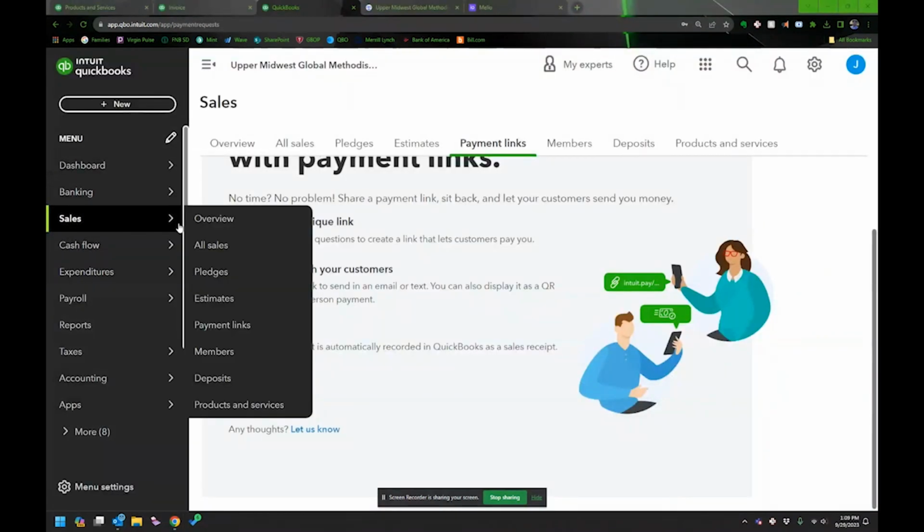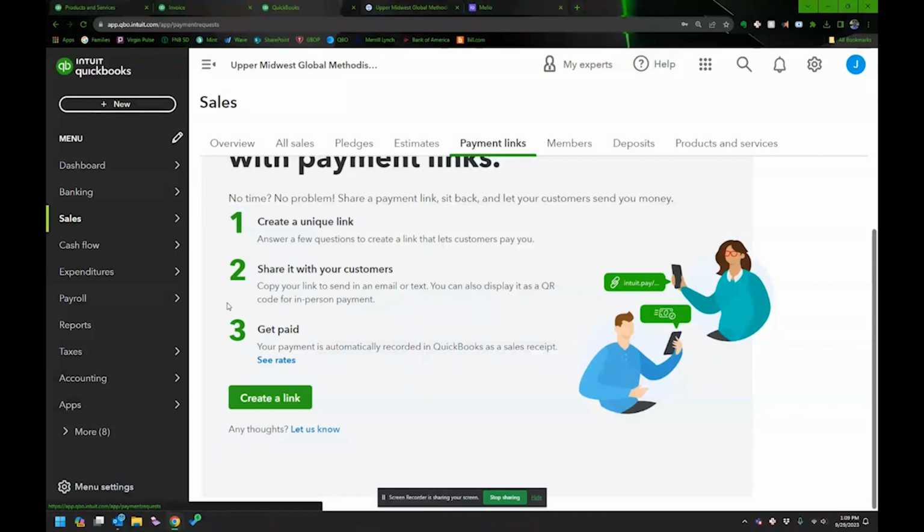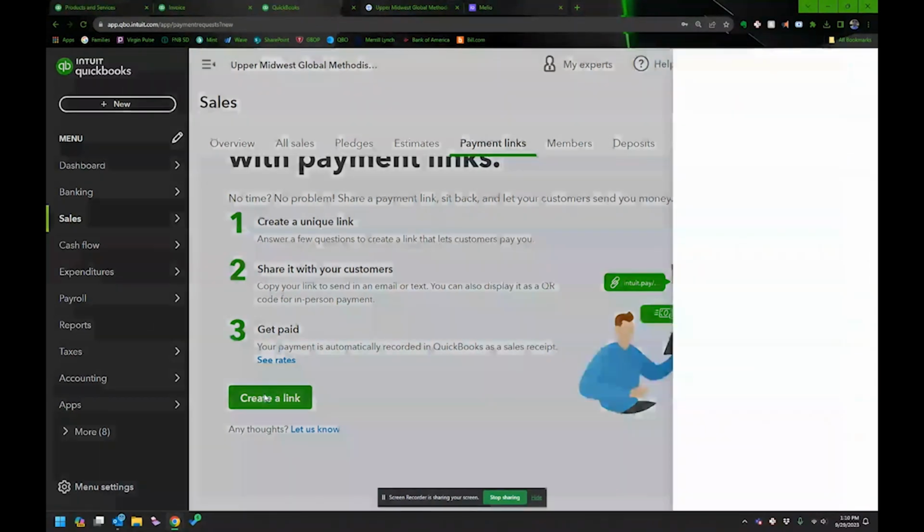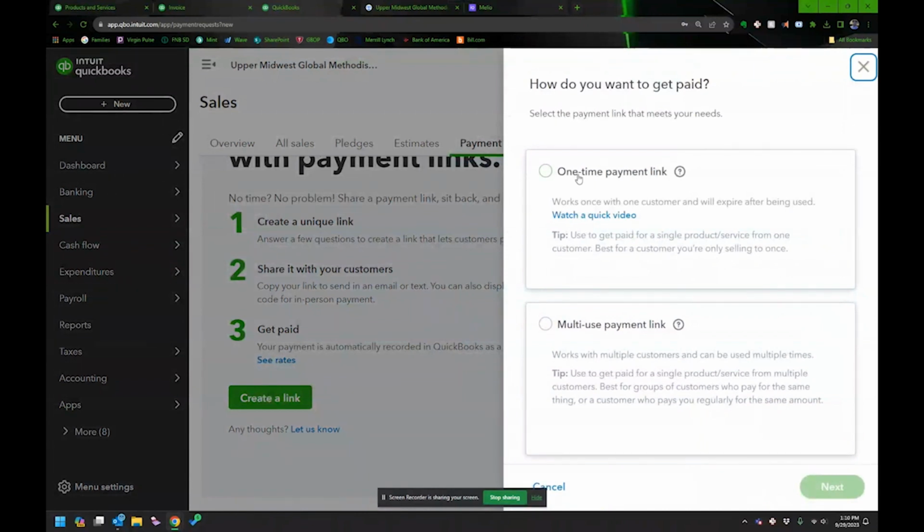All right. So what I did was I went back to sales, I went to payment links, and there is a create a link. And there's this one for a one-time payment link. So it works for one customer and will expire after being used. So there are pluses and minuses to doing that, but really what I want is a multiple use link that works for multiple customers and can be used multiple times. So I'm going to click on that